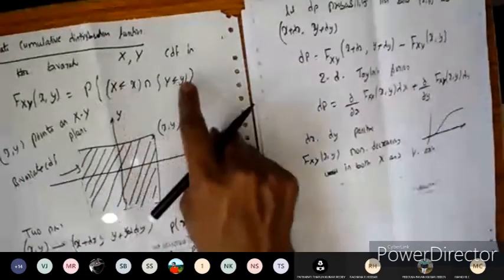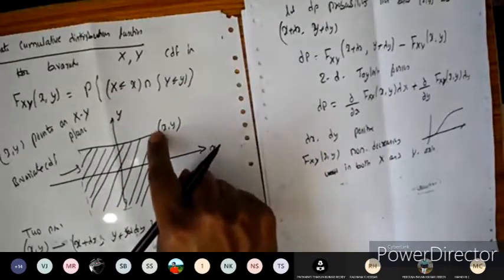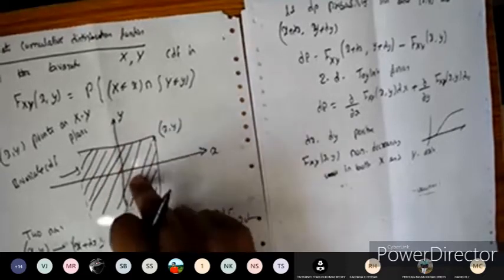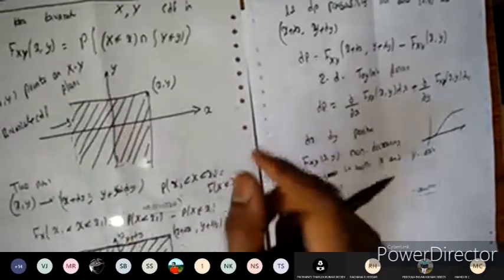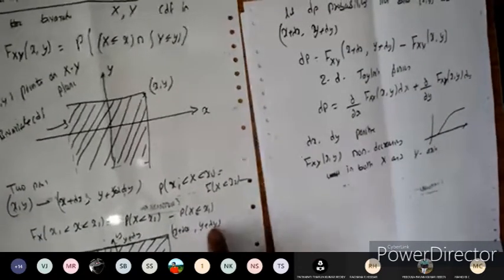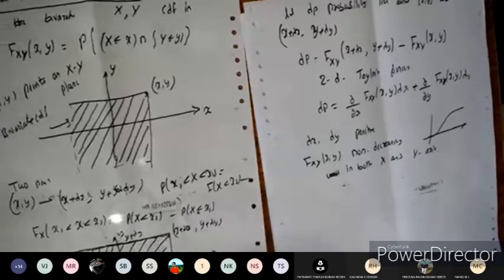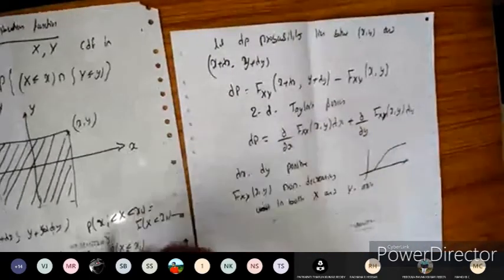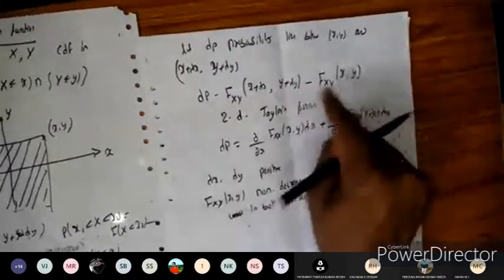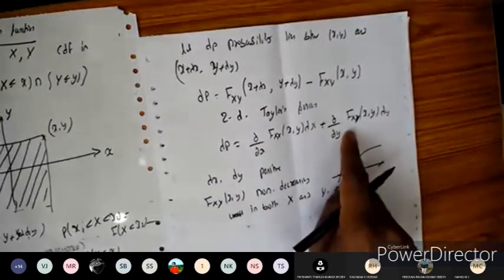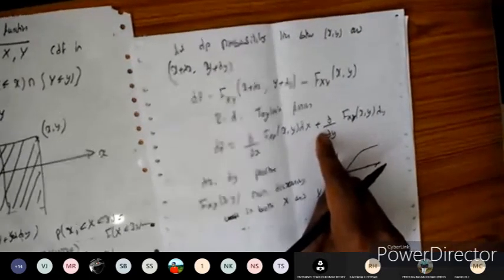Here we assume x and y are points on the plane, on the xy axis. It can take a value something like this. So this is an example of the bivariate CDF. Similarly, I consider the bivariate CDF which lies between two points: one is x comma y, the other is x plus dx and y plus dy. To find the probability that it lies here, I consider dP as the probability. Using the concept from the morning class, this can be expanded in terms of the two-dimensional Taylor series. It will take a positive value also.